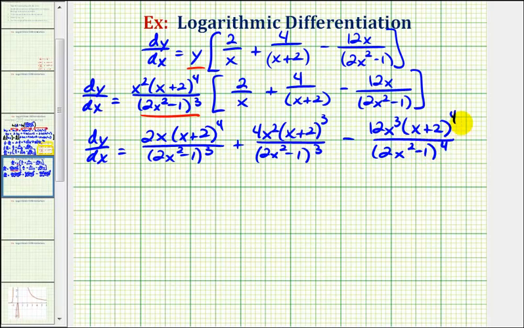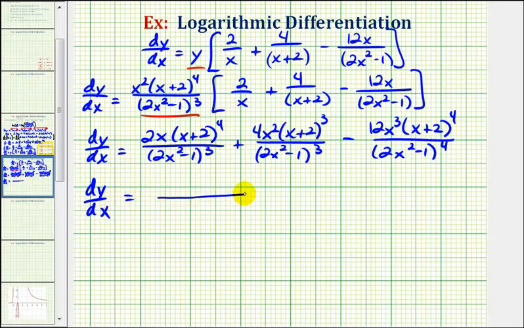Now if we want to try to combine these three fractions, notice how this would be our common denominator, and notice how these two fractions are missing one factor of 2x squared minus 1 in the denominator. So as long as we multiply these two fractions by 2x squared minus 1 over 2x squared minus 1, we would have a common denominator, which means we can write dy dx